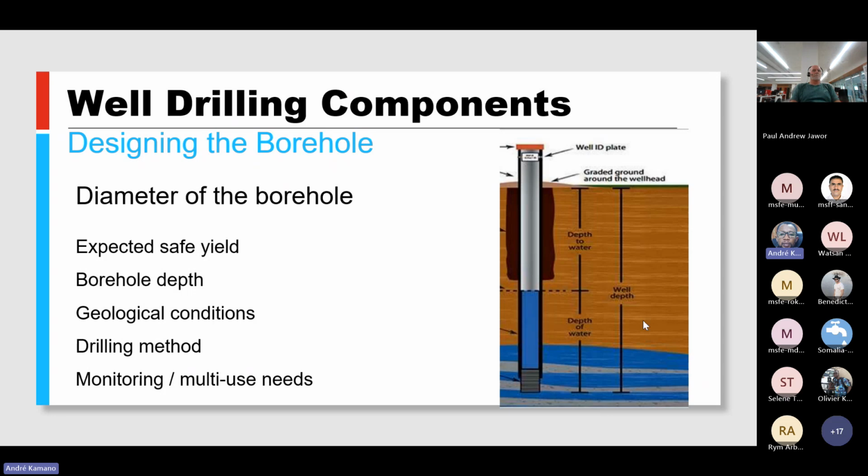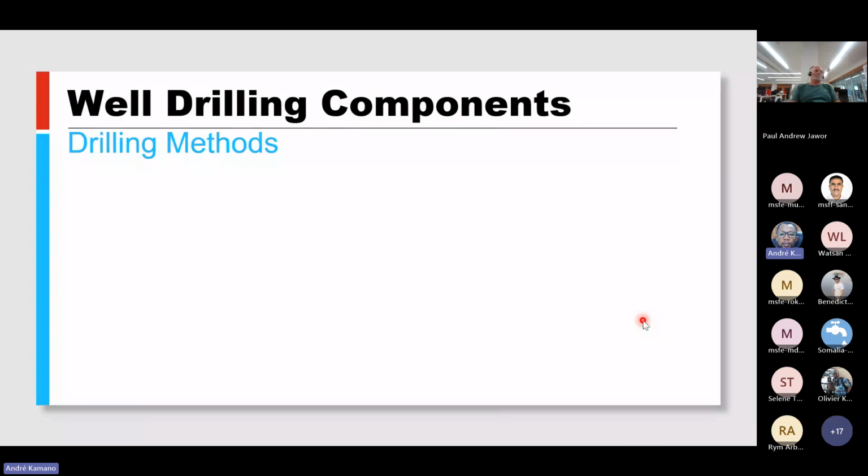All those can be considered in defining the borehole diameter size. And then after we have chosen the diameter, we now go to choose the drilling method, as we mentioned here. So talking about the drilling method,